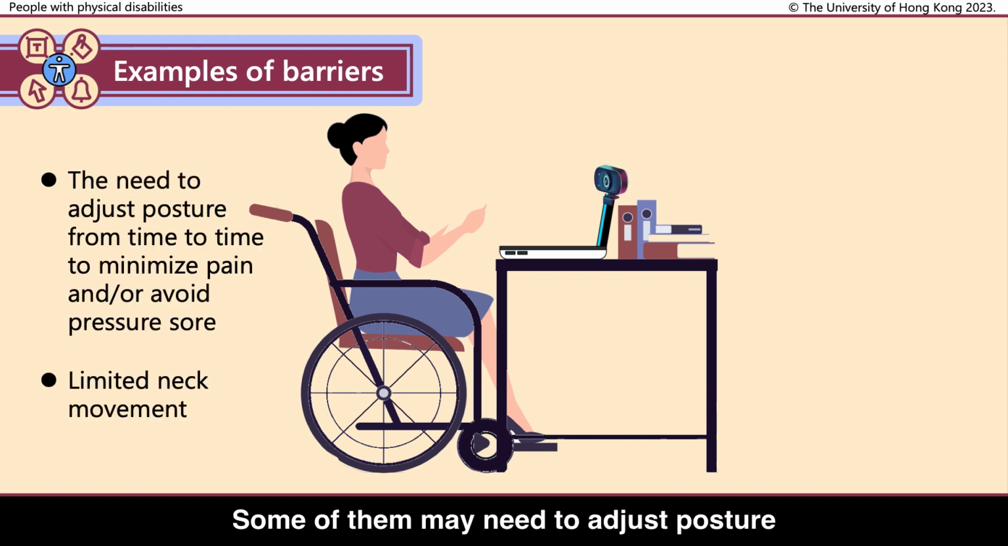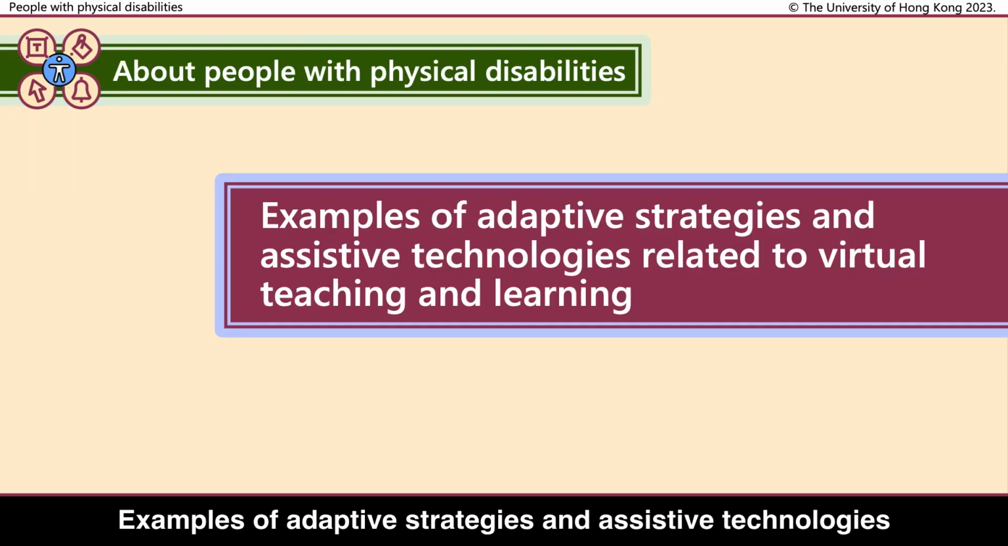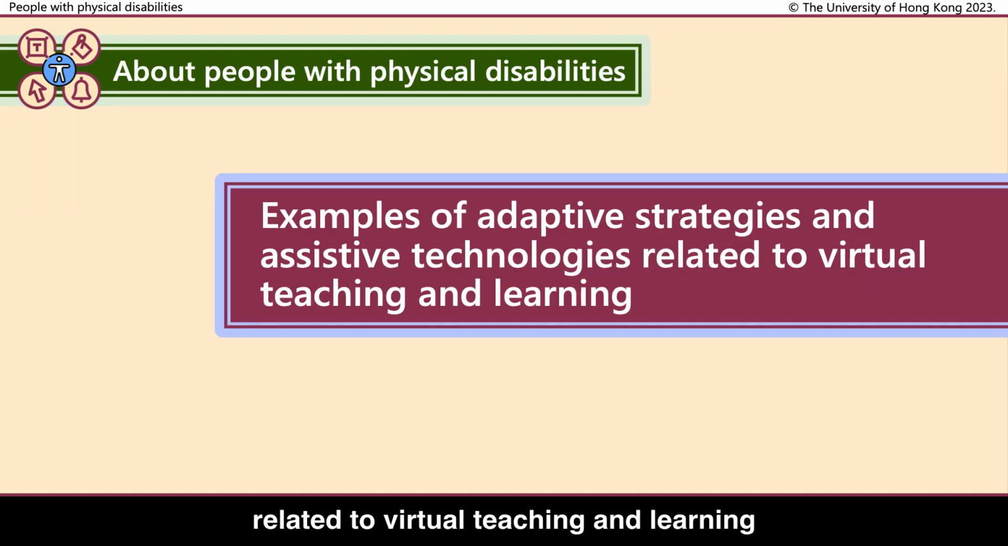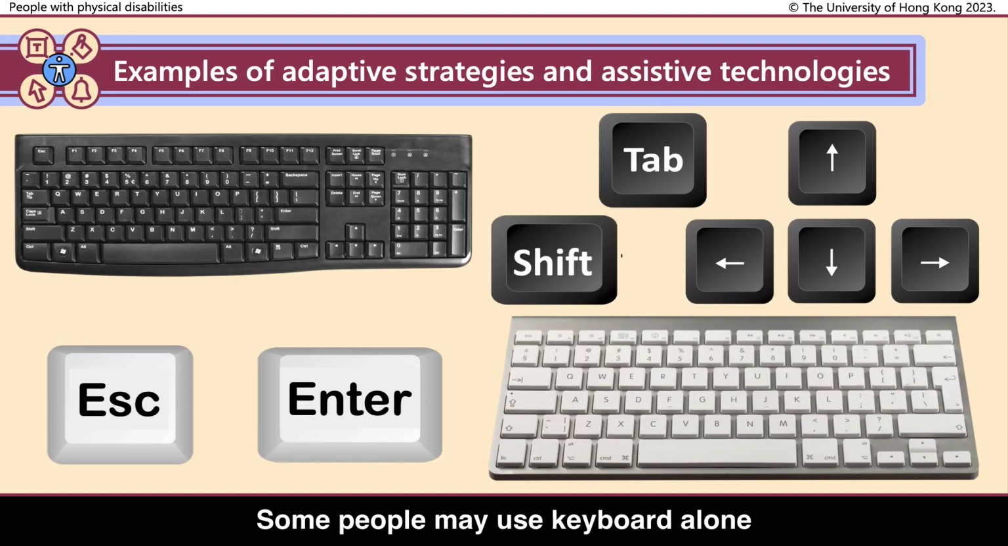Some of them may need to adjust posture from time to time to minimize pain and/or avoid pressure sores. Or some of them may have limited neck mobility. Examples of adaptive strategies and assistive technologies related to virtual teaching and learning include the following: some people may use